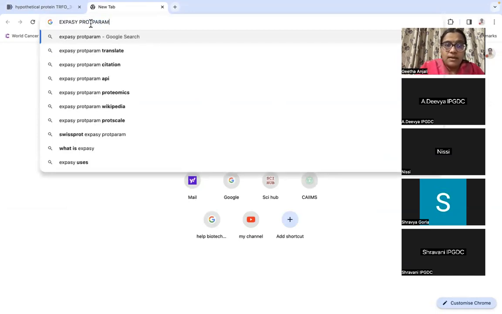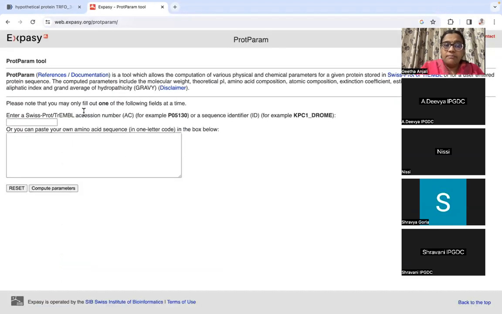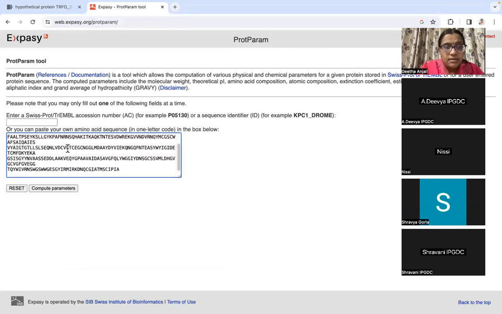ExPASy ProtParam is the site wherein you just have to submit your sequence. So, can anybody read? ExPASy ProtParam is a tool which allows you to compute various physicochemical parameters